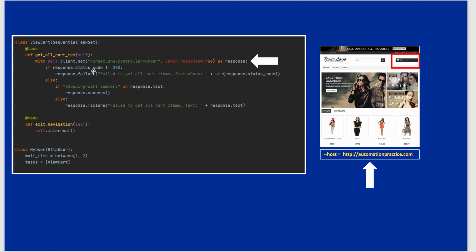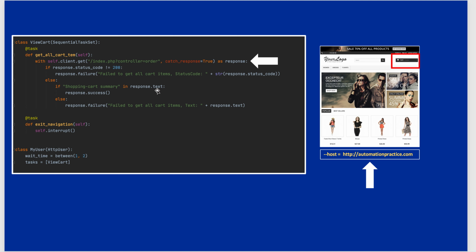And see what we're doing. If the response status code is not equal to 200, I'm doing a response.failure. This is another important part. If I do a response.failure, what happens? We'll also intentionally fail our code and see where this response.failure information will come. The purpose of doing a response.failure is that it will report this as a failure in our locust reporting, which is coming out of the box. We'll see that, right? Else, if this is a 200,